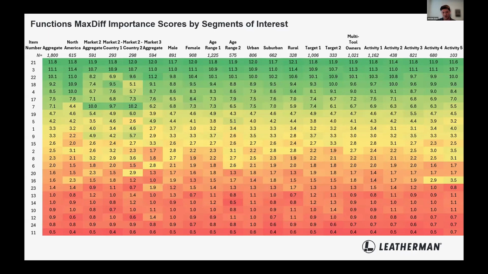After these MaxDiff results were collected and shared internally, that's when the engineering and product teams built the 3 prototypes for the next phase of the research, which is that international mixed method qualitative conjoint study. But this was really the point where they started to decide which features should make it into those prototypes and what we should build before testing in that second phase. And again, we'll be sharing the results from that second phase at the Sawtooth Conference next month.